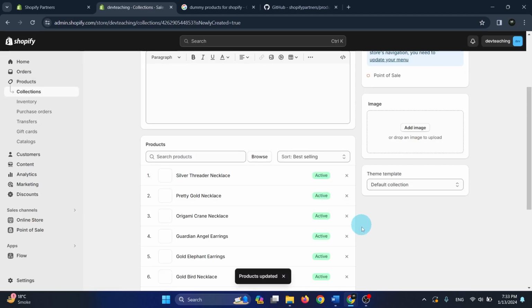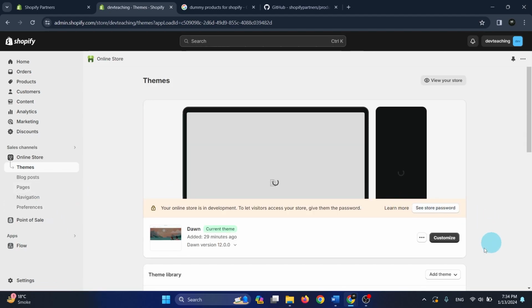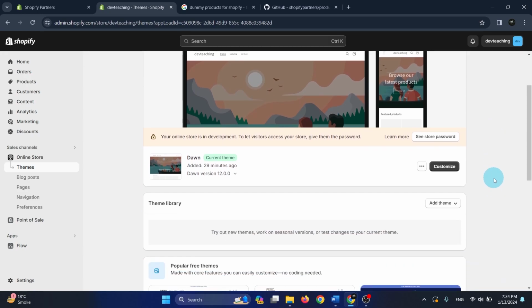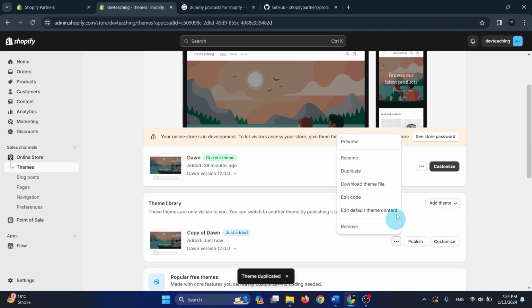I've added these products. Remember, your development store is a perfect place to experiment and make sure everything is perfect before going live. On your development store, you can directly work on your live theme, but on the client store, always create a duplicate of your client's live theme and then work on that duplicate. It will take a while. It's copying the theme. Let's rename this one